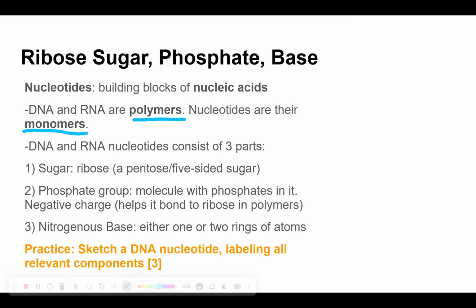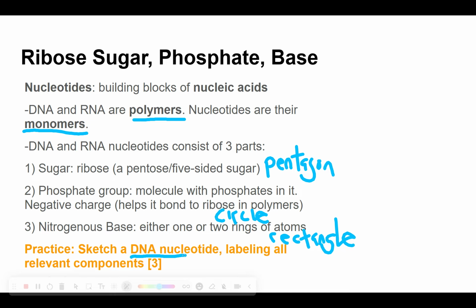Those nucleotides consist of three parts: a ribose sugar. This is our pentagon. A phosphate group. This is our circle. And a nitrogenous base. This is our rectangle. So if you are asked to sketch a DNA nucleotide or an RNA nucleotide,